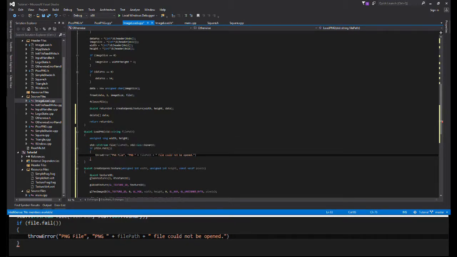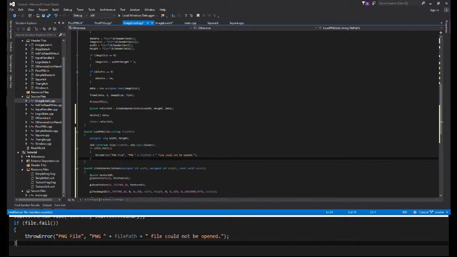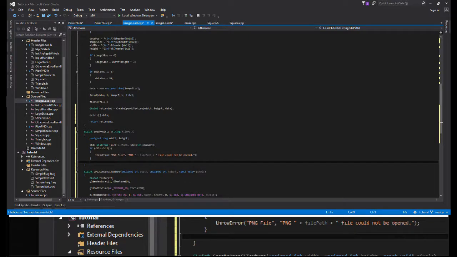There we go. So if our PNG file can't be read by the ifstream, then we're going to throw